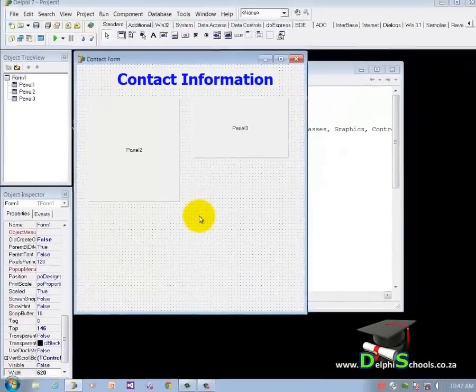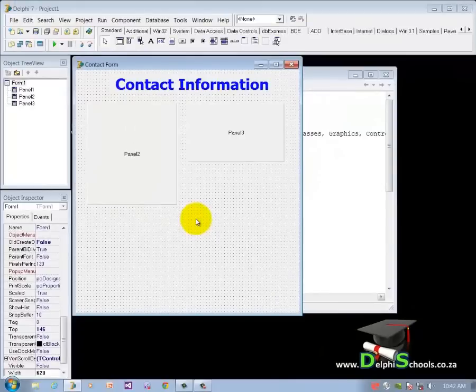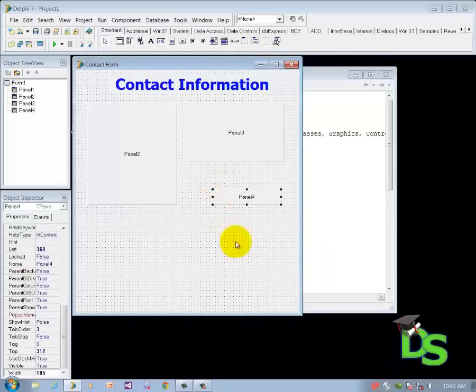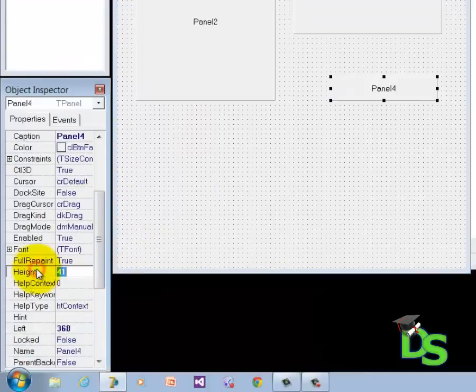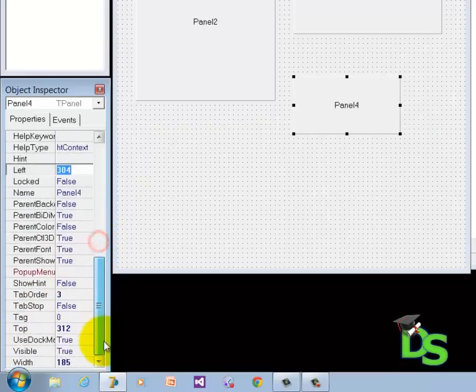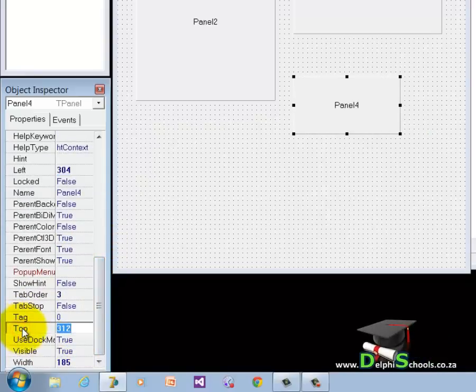Now add the fourth panel under the Address Information panel. This panel will be our Contact Details panel. Change its height property to 97 and the left to 304. Scroll down and change the top to 256 and the width to 257